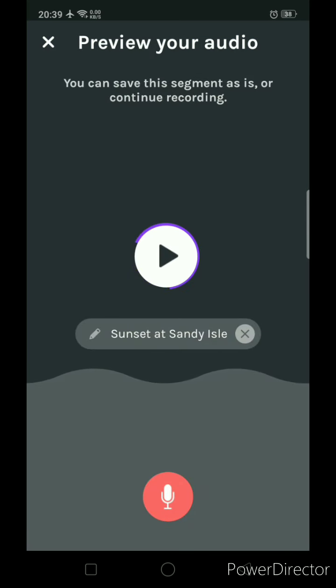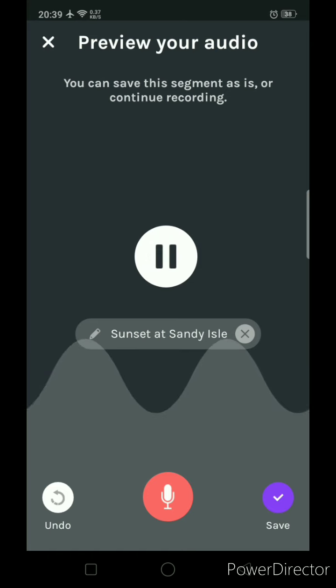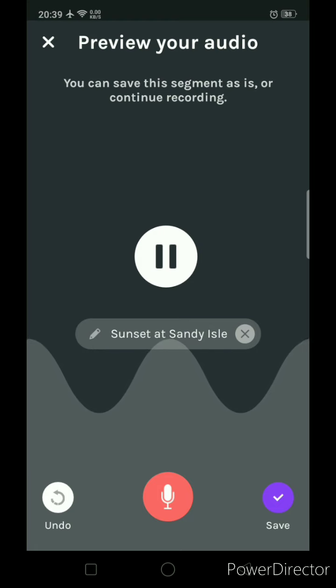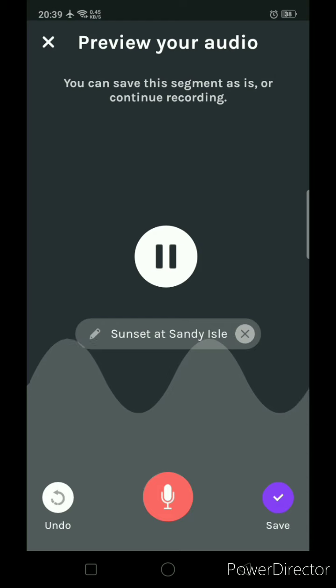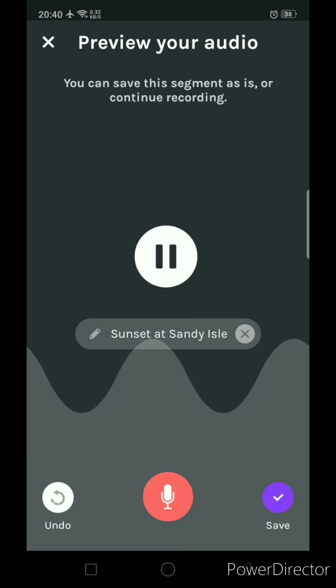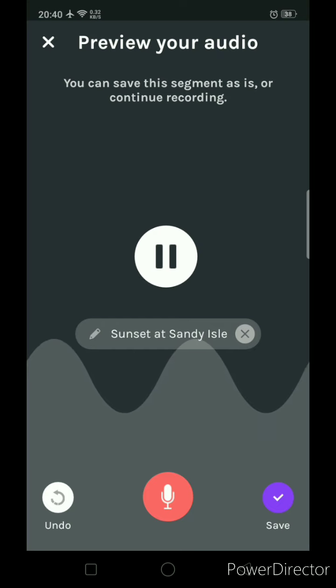So if you click on the plus sign, then you will be able to listen to that background music with your audio file. Since I am recording this audio, you are not able to hear that particular podcast, because that audio is muted.